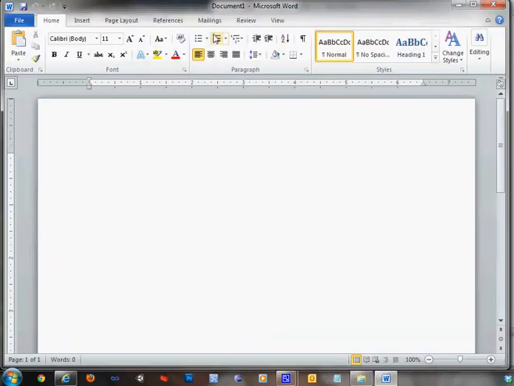Notice by default in the title bar, Microsoft names Word documents Document 1. If Document 1 is already open, it will name it Document 2 and so on. So Document 2, Document 3, depending on what is already open. So the first thing that we need to do is actually take this document and save it as a file